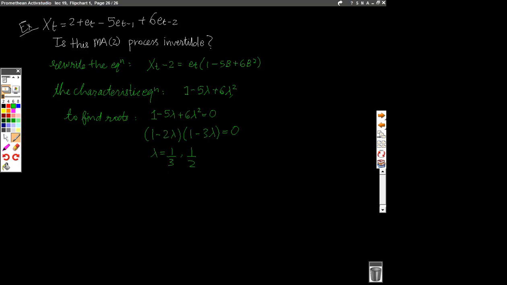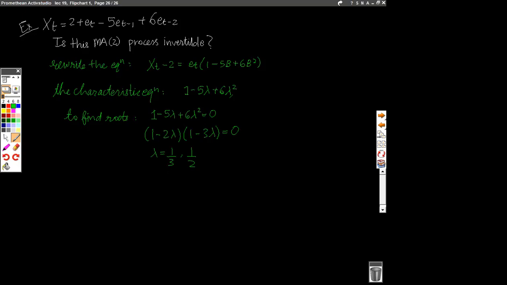Can you repeat the question you just said? So my question is, now we have roots, right? We know that all of these roots are less than 1. So is my MA process invertible or not? It's not invertible because the root should be greater than 1 in magnitude. Yeah, right. Because the roots are greater than 1 in magnitude, this process is not going to be an